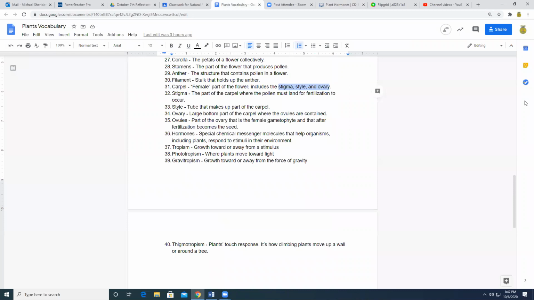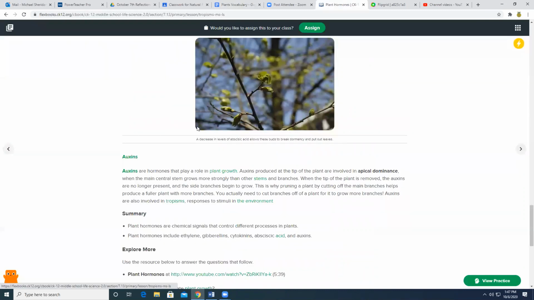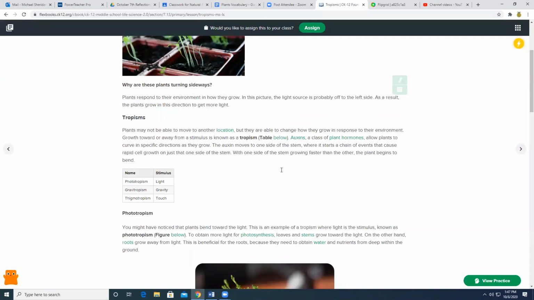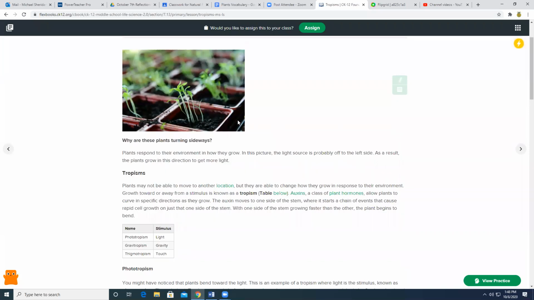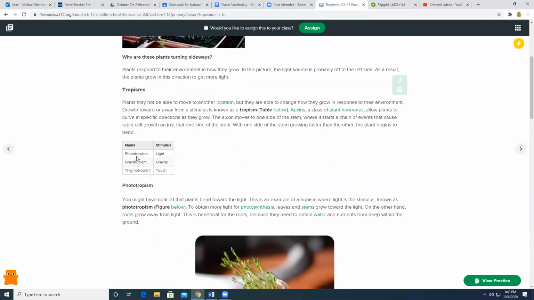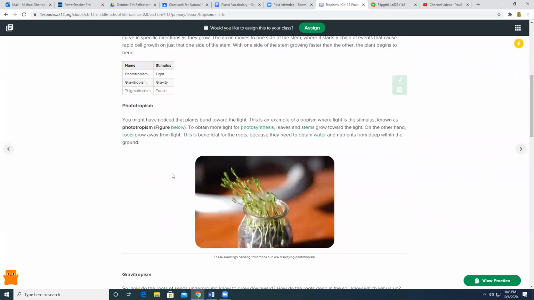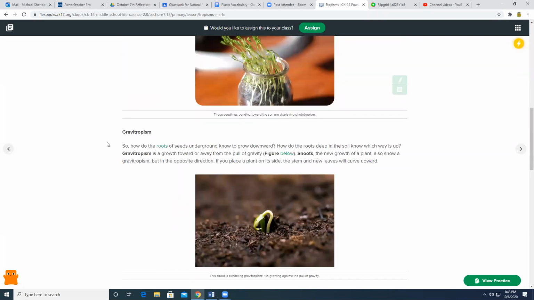And then our final assignment was this tropisms article, which talks about how plants can respond to different stimuli in their environment, meaning that you've all seen trees that have been able to lean one way so that they can get to the sun, or they grow faster so that they can get to the sun, or they can grow around something, or like in this picture right here, if you have some plants that have the ability to lean one way or somehow get more sun, that's exactly what they're going to do. When they're responding to sun, it's called phototropism. When they're responding to gravity, it's called gravitropism.